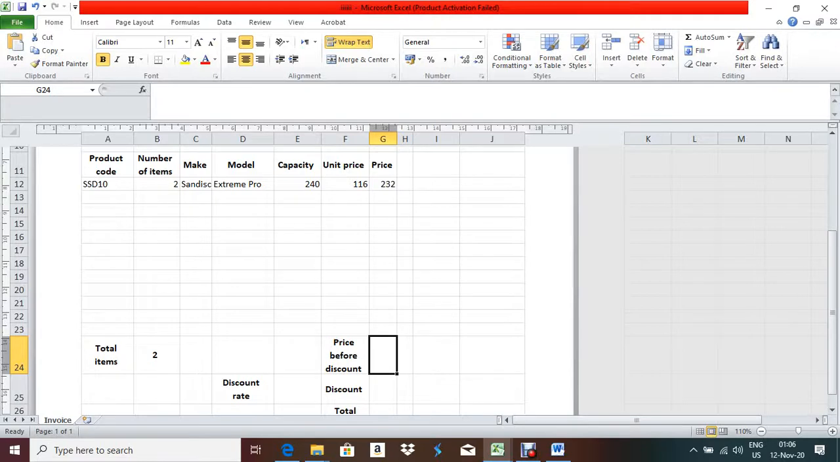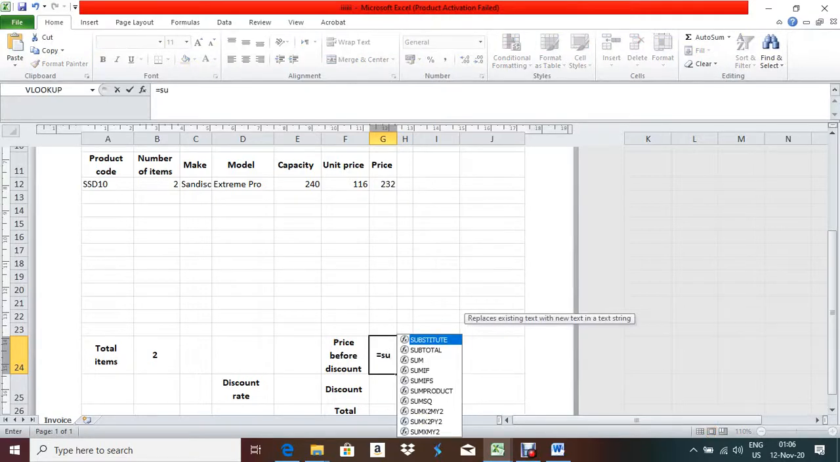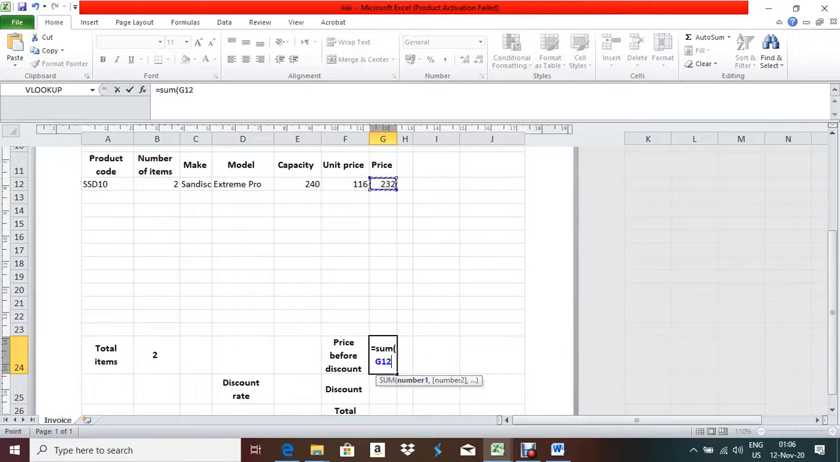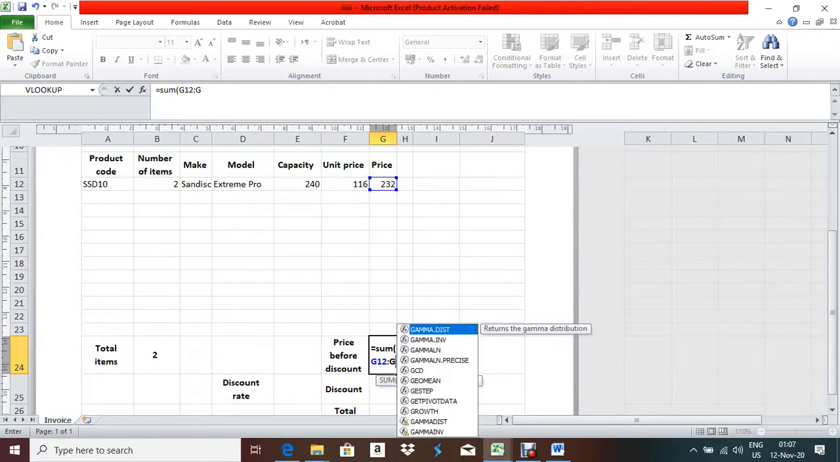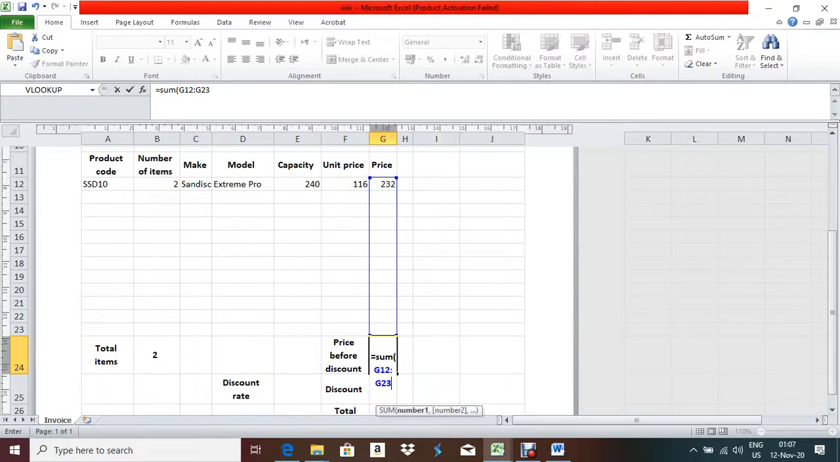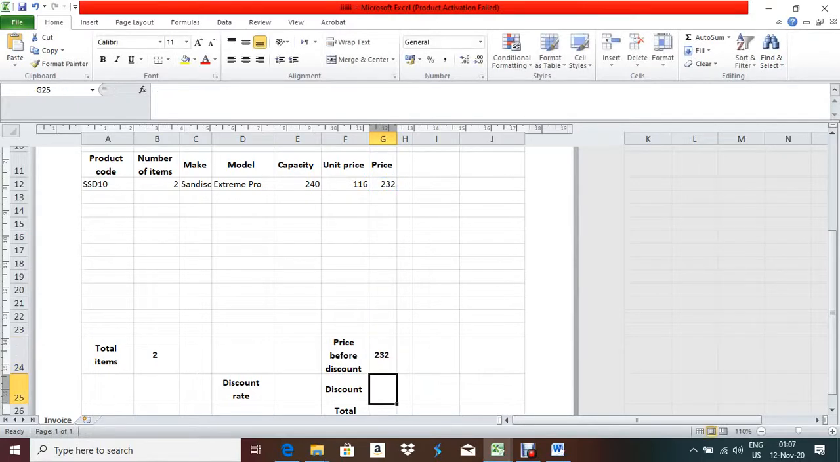So G24. You have to find out the total price. The same process, equal to SUM, first bracket. What is the first cell address? This one, colon. What is the last cell address? G23. Close the bracket, enter. It will show you the same data because nothing else is here, other values are not here. Now next one,